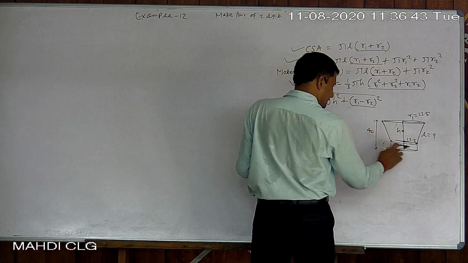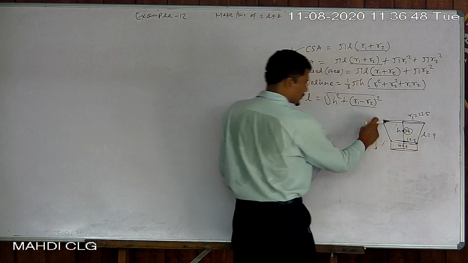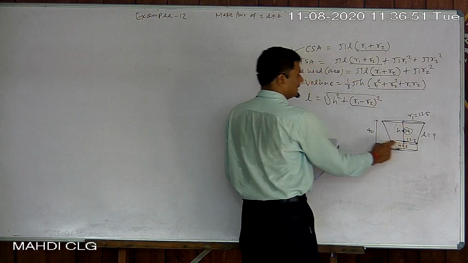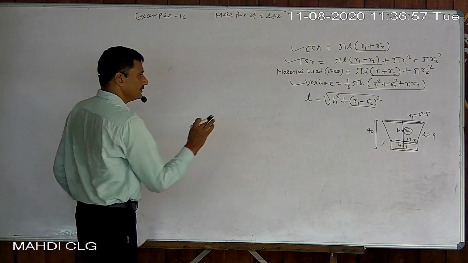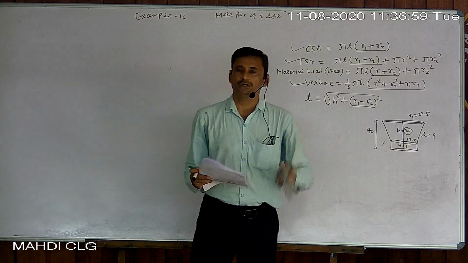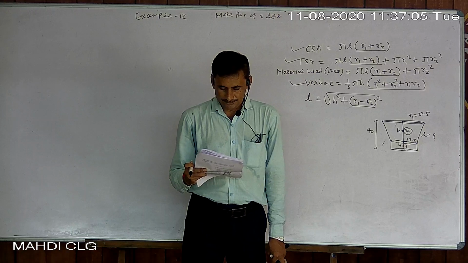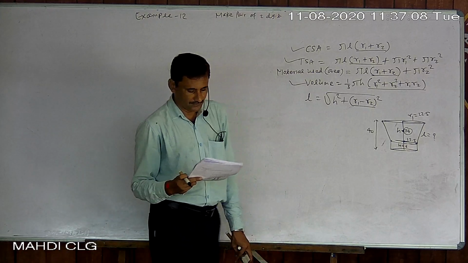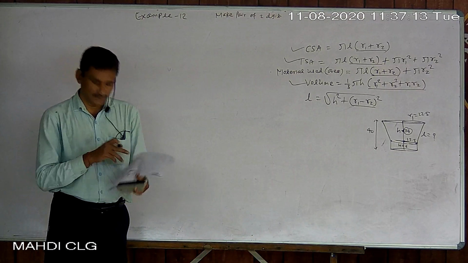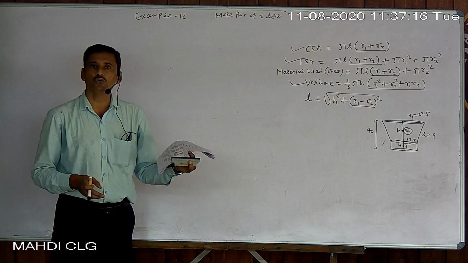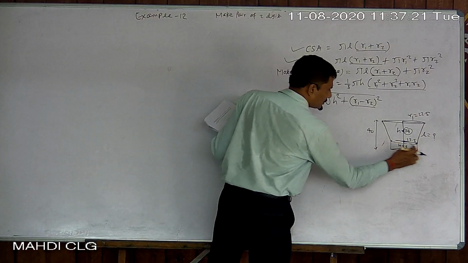If you subtract 6 from 40, the remaining will be 34, because the total height includes the frustum of the cone as well as the cylinder. First, try to understand the question. It asks to find the area of the metallic sheet used, and then the volume of water the bucket can hold. These two answers are asked, just like exercise 13.4 question number 4, which did not have this part.